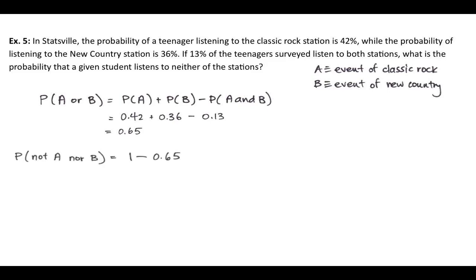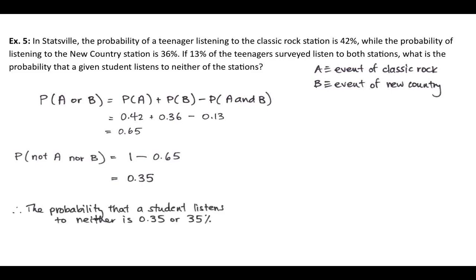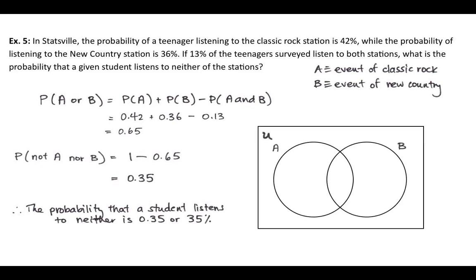Well, what we actually want is the probability of not A nor B, which is exactly the complement of A or B. So 1 minus 0.65. So there are 35% of students that listen to neither. And what we can do then is we can say, hey, this probability is 35%, and we can diagram this